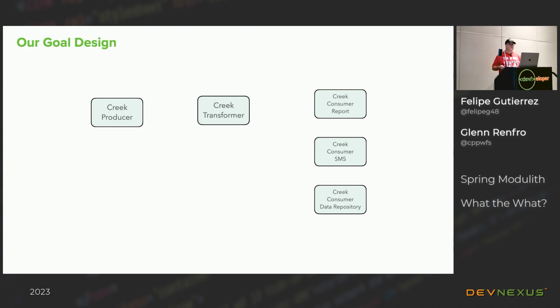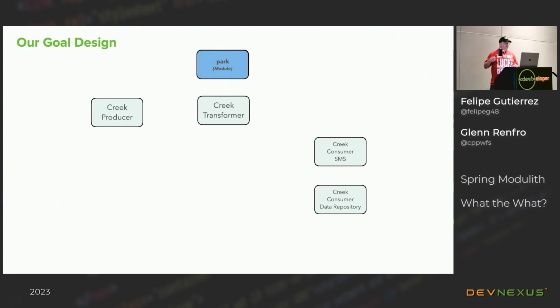The first one we're going to look at is what's called the Creek Consumer Report. The Creek Consumer Report is basically something that's going to produce a log entry. This is primarily meant for our park service. When I drive up to the park service, they want to know what creeks and rivers are in the park today that Glenn could go kayaking on. So that's going to become our park module.